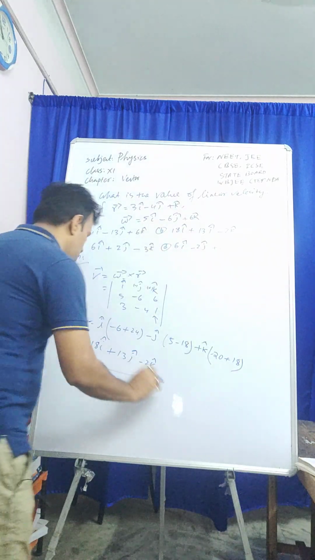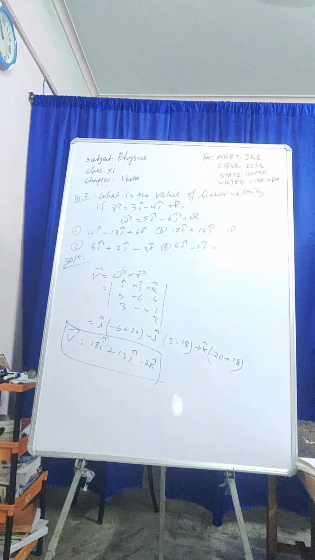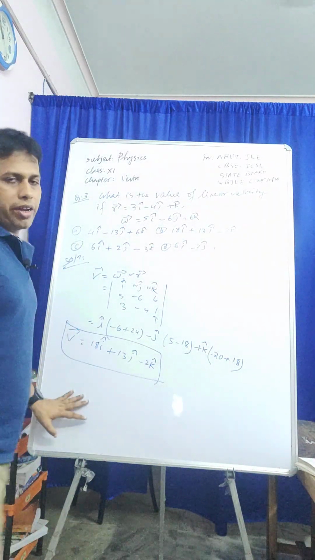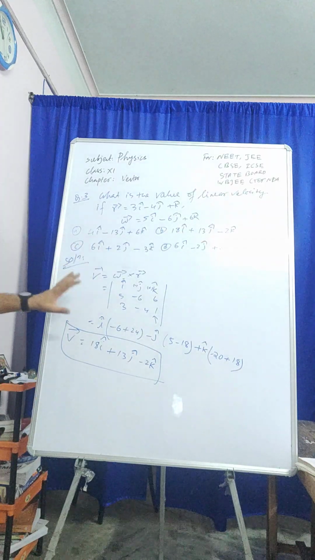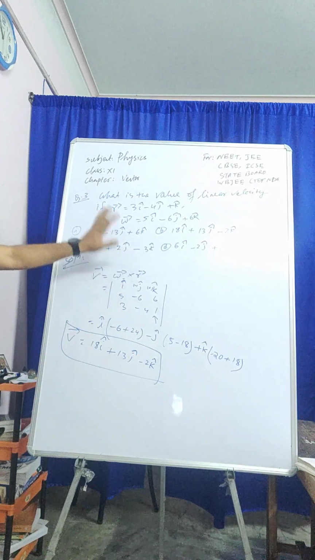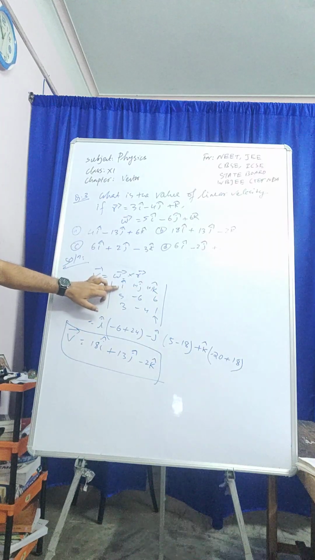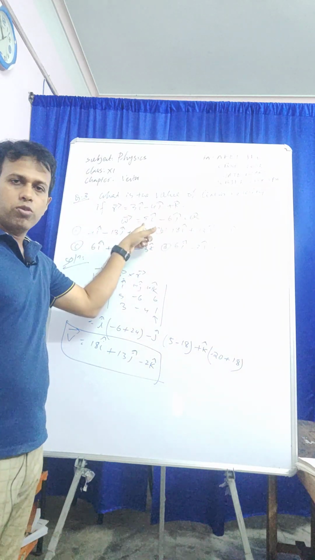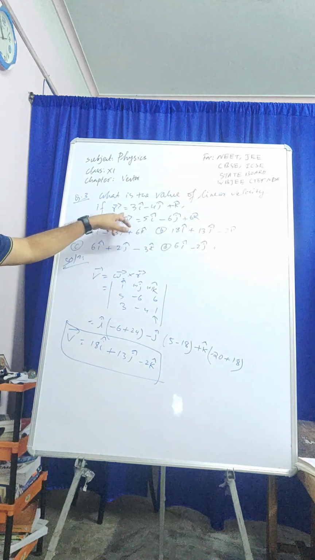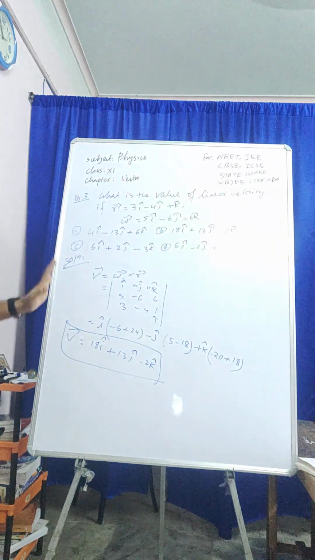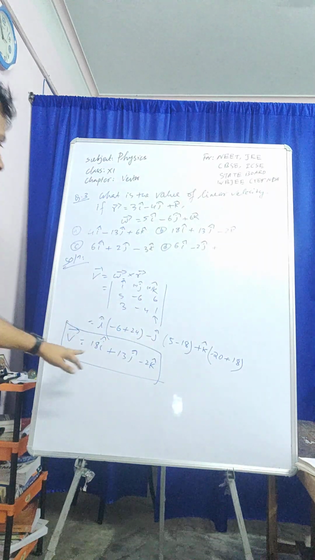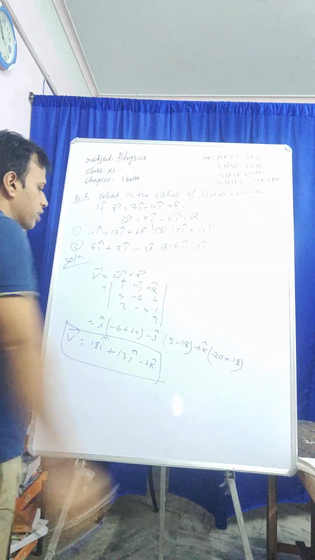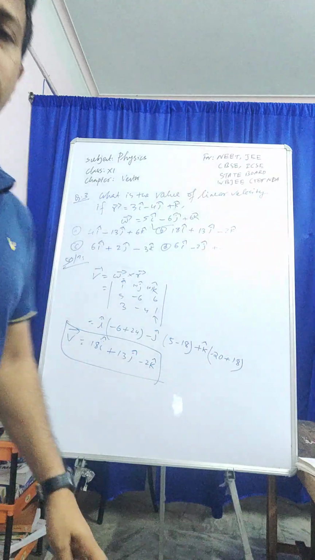Linear velocity will be this one, and this question has come so many times in previous year entrance exams, so we have to do this by heart. I take this formula, v equal to omega cross r. In the first row I write I, J, K, in the second row the coefficients of I, J, K of omega, and in the third row the coefficients of I, J, K of r. After that I do the simple determinant, and what came out is 18I plus 13J minus 2K. So option B is the correct answer.